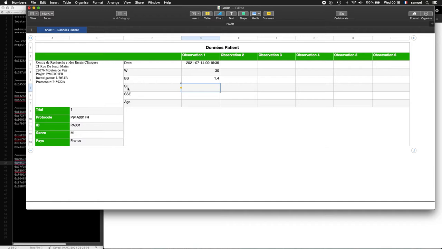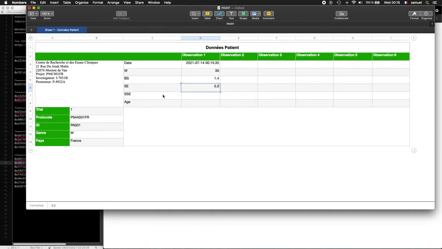SE means side effects. As we notice some side effects, yes, the value is 0.2. Side effects goes from 0 to 1.